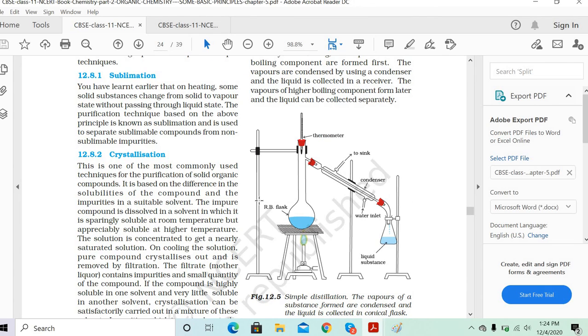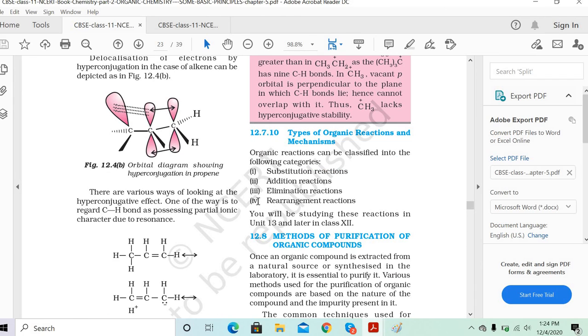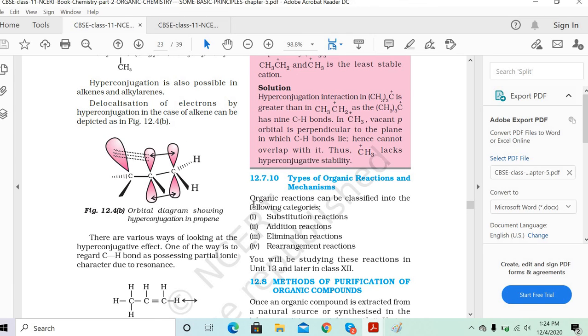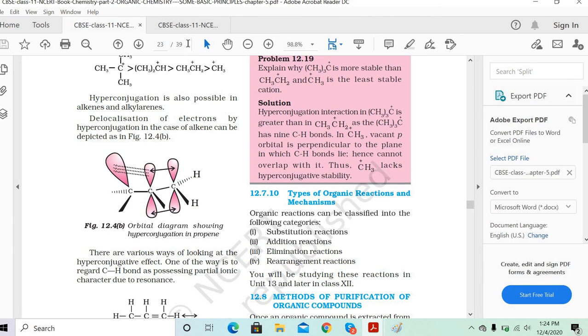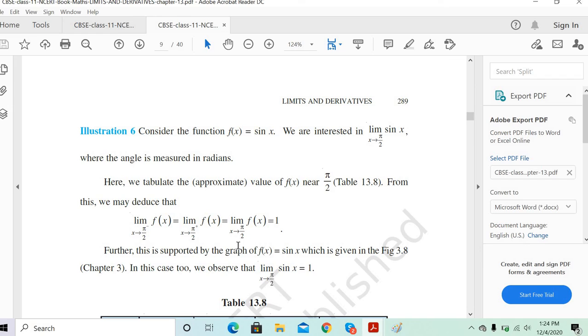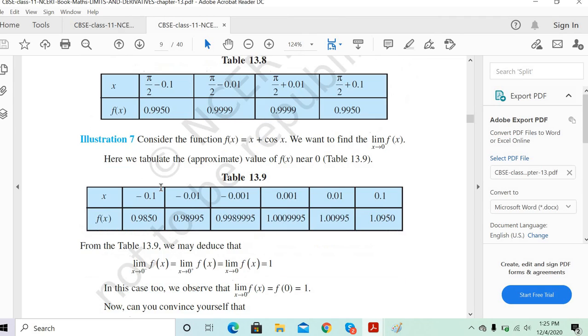So you can take this exercise part as homework and then we can discuss the doubts in that. But I want you to attempt all the questions, leaving out the deleted syllabus, and then we can discuss. Fine. Okay, let's close it down. We'll continue. Bye, sir. Bye. Tanisha, any doubt, any questions in illustration 6? No. Okay, so basically limit x tends to pi by 2, you come from the left-hand side and right-hand side, so you come to 1 only. Correct? That's what we are showing in 13.8.